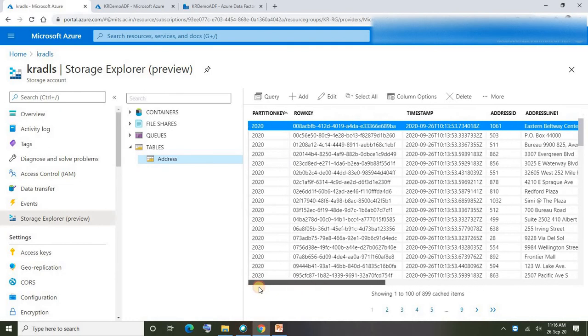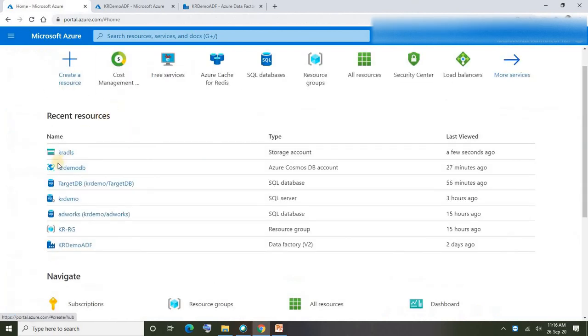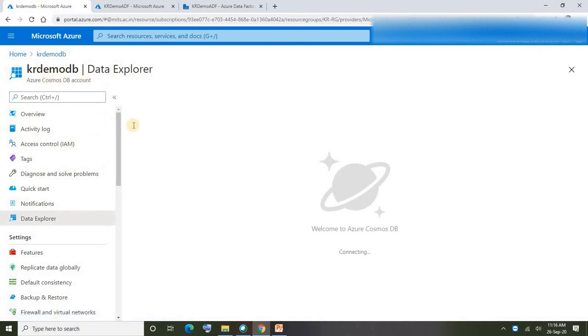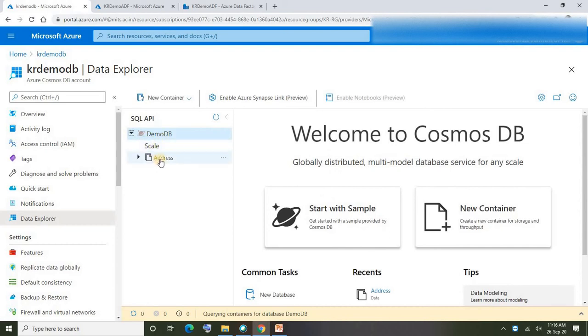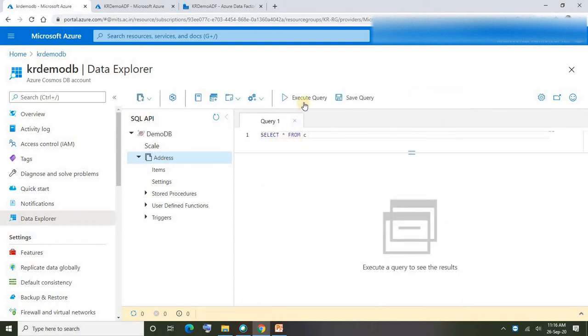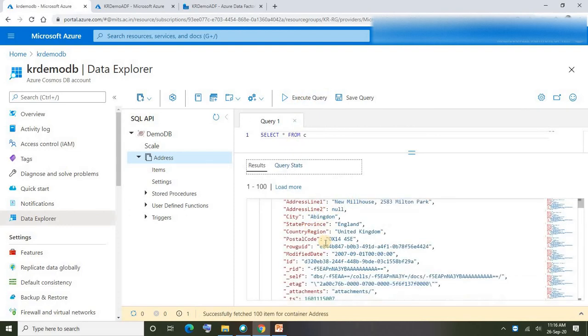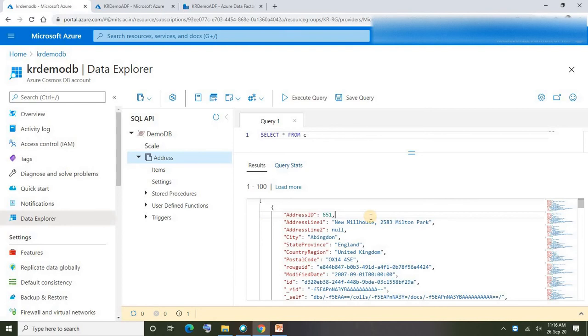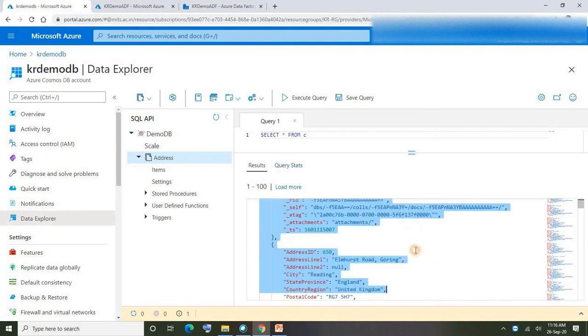Alright, in the same way, let's go ahead and check if data is loaded into our Cosmos DB database or not. I'm in the Cosmos DB account, Data Explorer. Under Data Explorer, go to database, demo DB. Under demo DB, we have the address container. On the top, there is the option new query. By default, a query will be created. Just execute that query, and if there are any documents loaded, yes, see here, data is loaded into our Cosmos DB container as well. As I said, data will be stored in the form of JSON documents. Here each document is equivalent to a row in our SQL database.